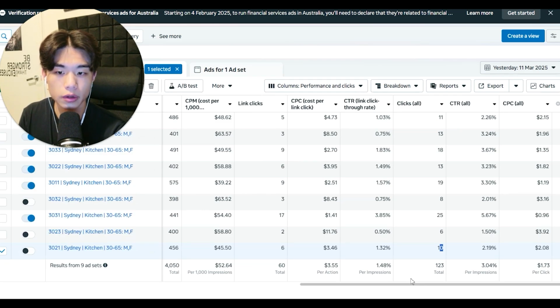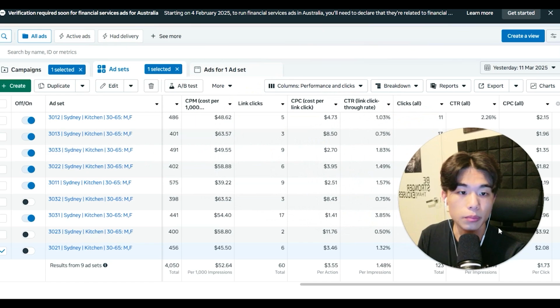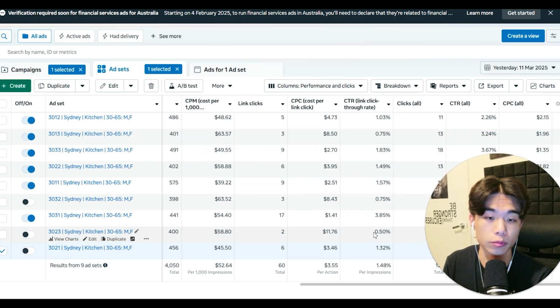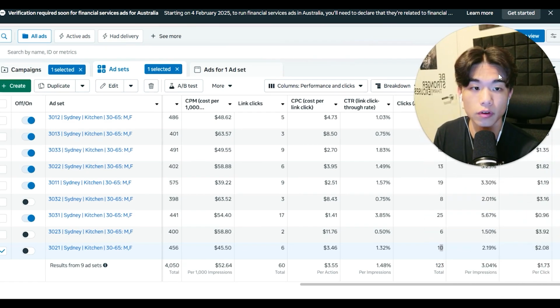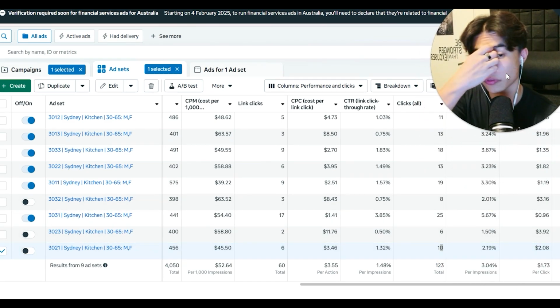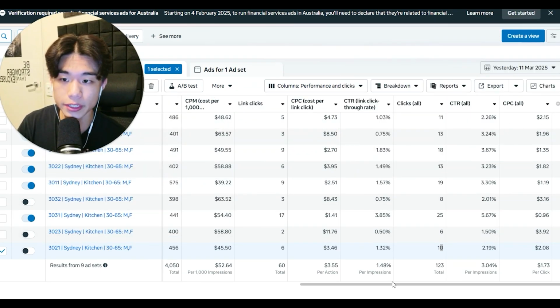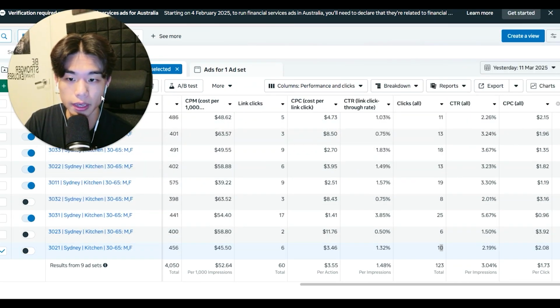Okay, so now we've identified which ones work and which ones don't work. But remember, the client's got an ad budget of $50 a day, and we're spending $180 a day, but we're doing a very high bid at the very beginning. So we're going to have to find the best of the best ads, and which ads actually scale, which ads to not scale, and which ads to sort of evolve if we want to evolve them. So now, based on these results right here, okay, I am going to